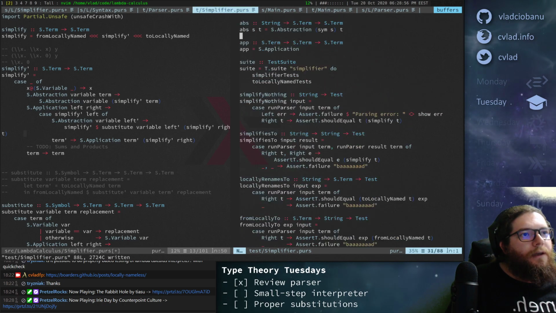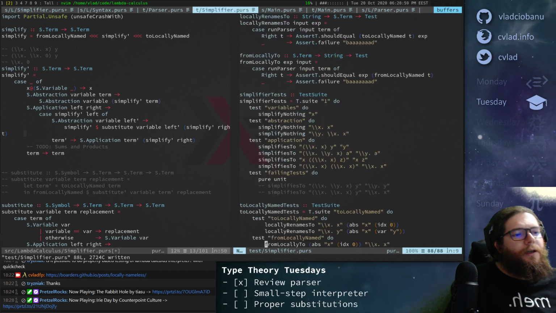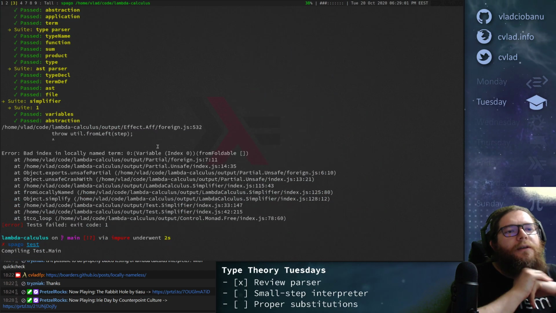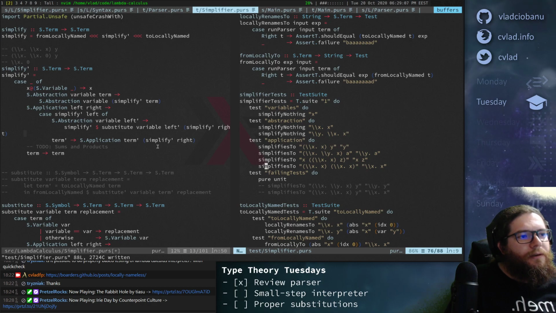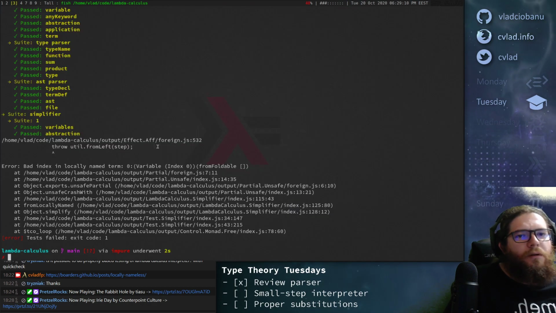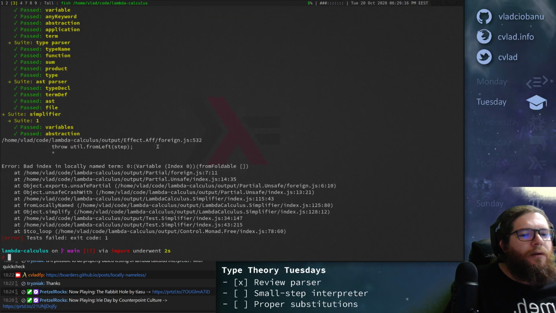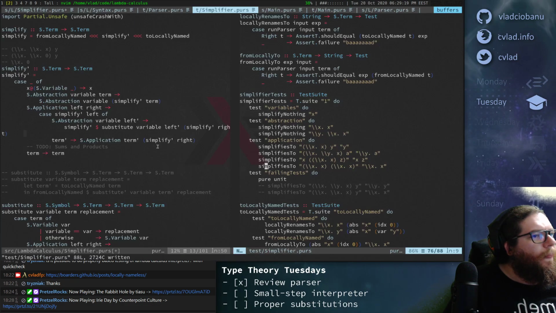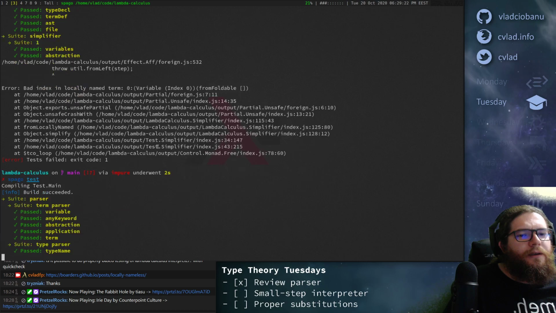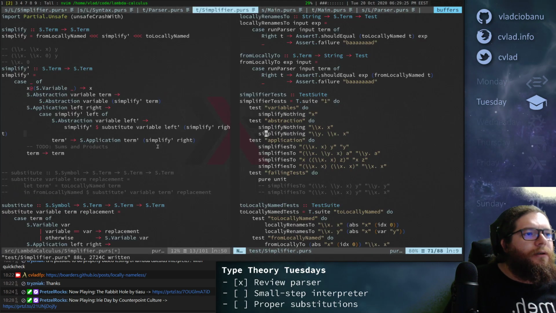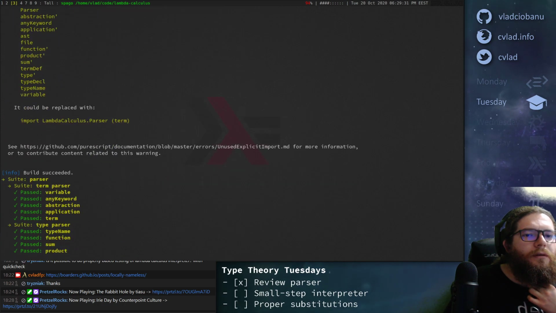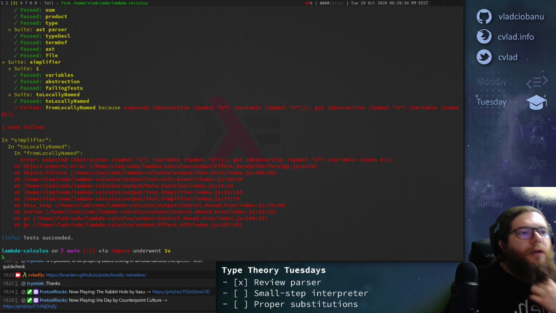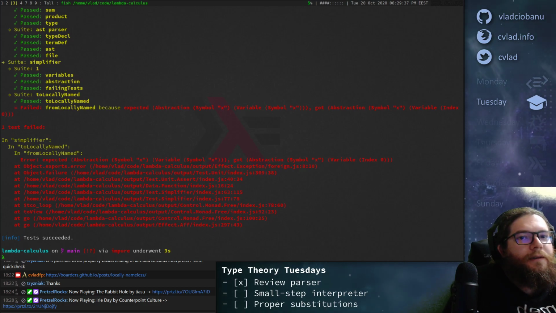Okay, and then let's add the test here. Oh, well, no, we don't need that. We already have it added. Okay, so let's run the test again. Well, it crashes on that one. So let me comment this. Wait, which test is failing now? Abstraction. Oh, so it's like normal tests are failing now? Okay, so expected x but got x and index 0.